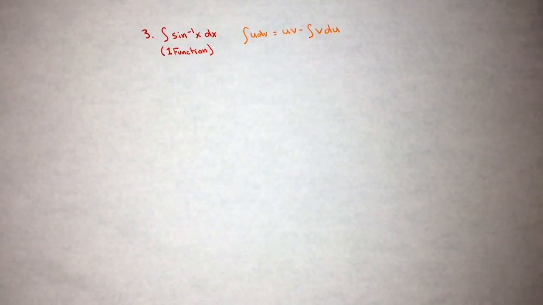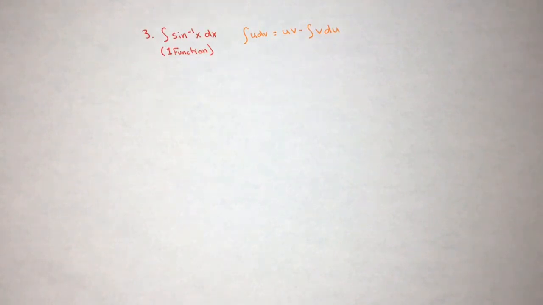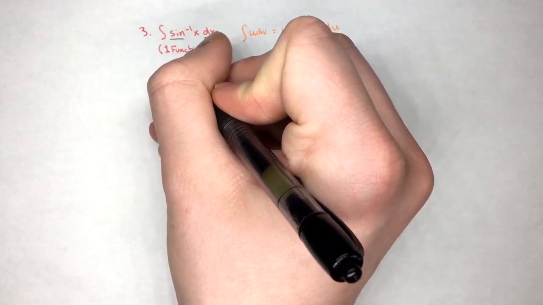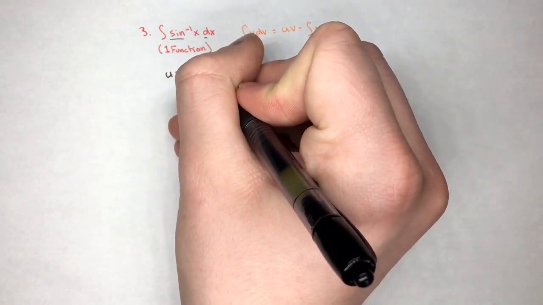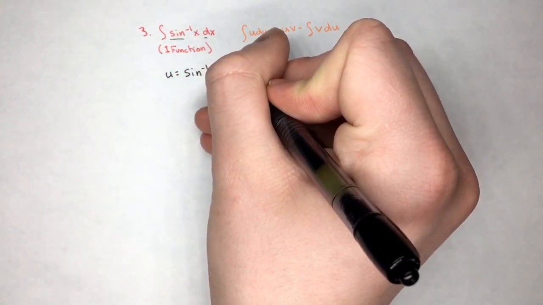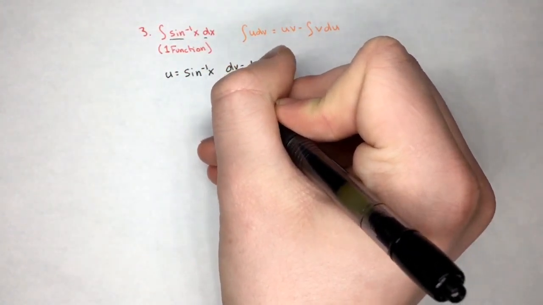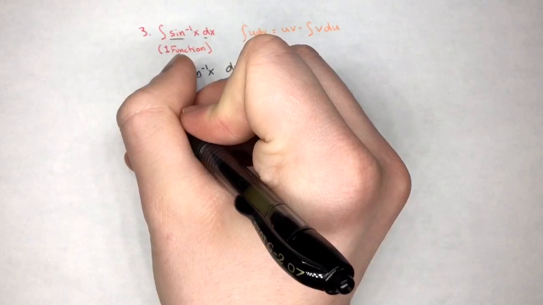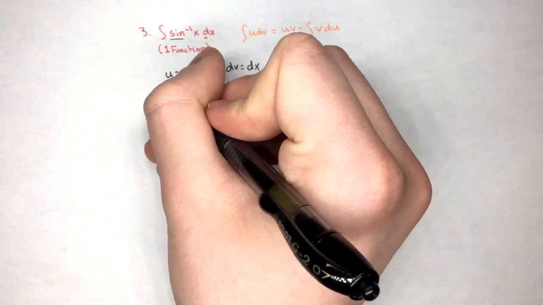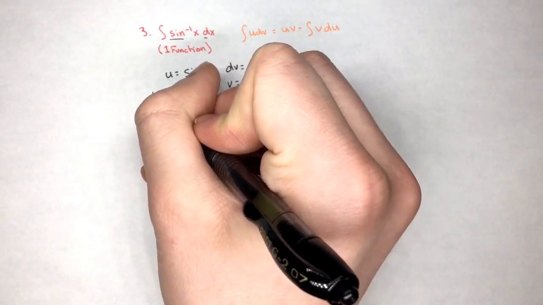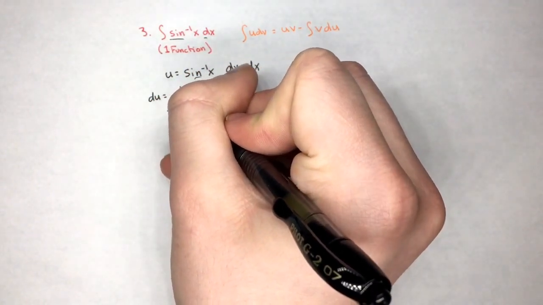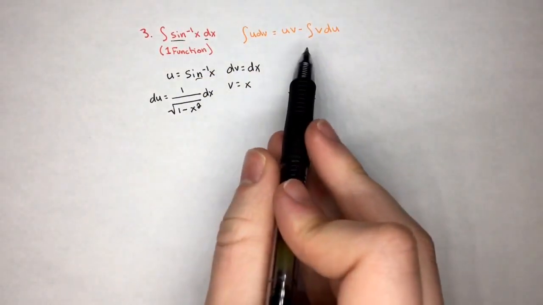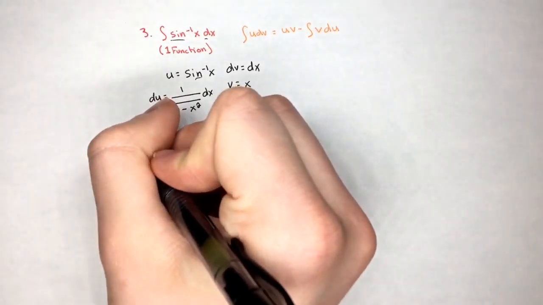Now for the next one, you'll notice that this example just has one function. And so what we'll do is we'll make arcsine of x equal to u. So dv is equal to dx. So v is equal to x. And then the derivative of arcsine of x is equal to 1 over the square root of 1 minus x squared dx. So now we can go ahead and plug all of that into our formula, and what we end up getting is